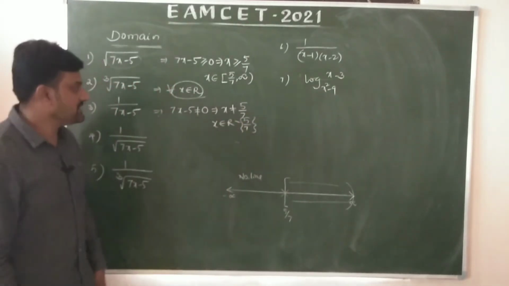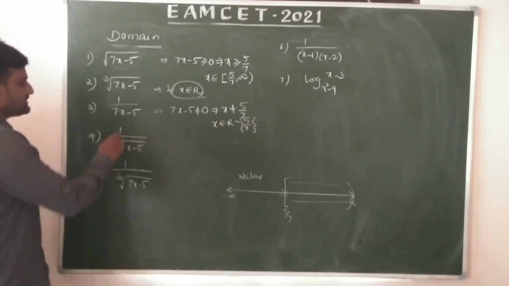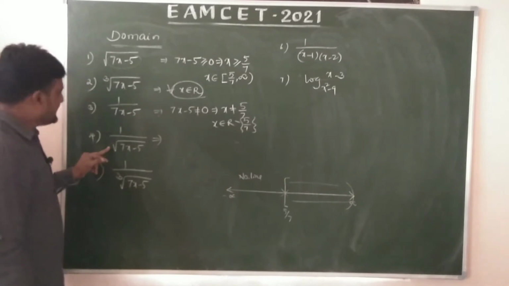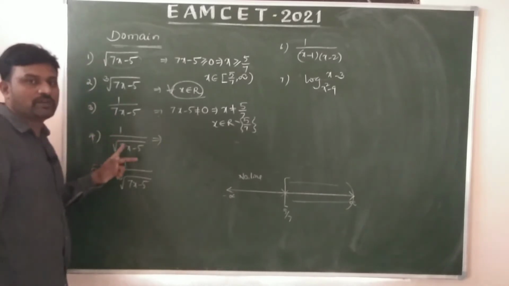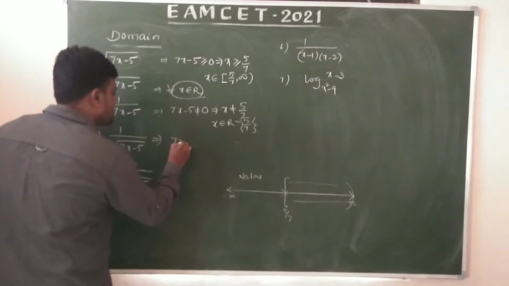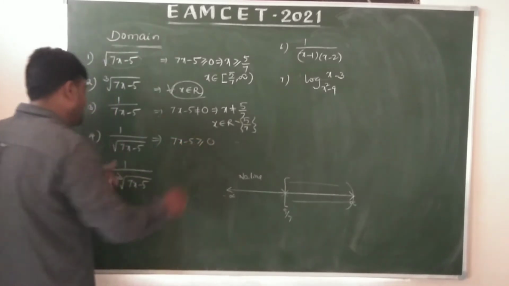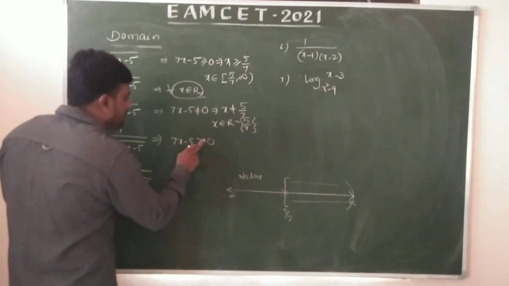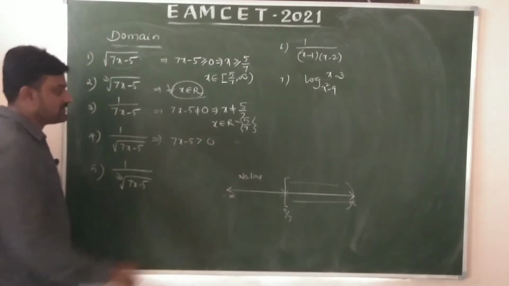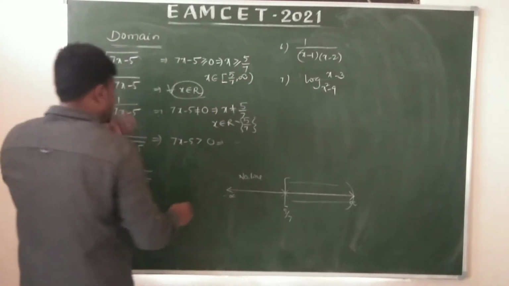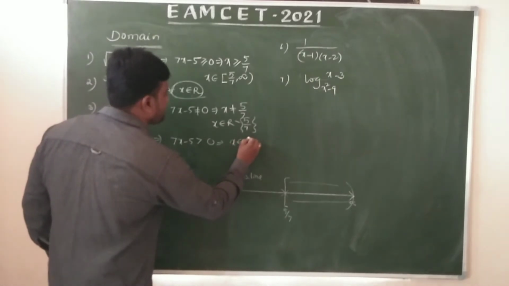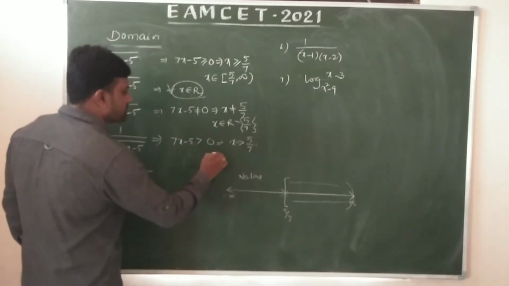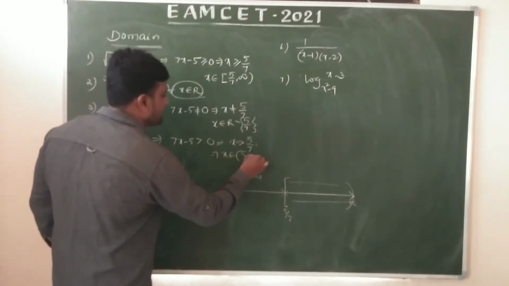Okay, x minus 5 by 7, R minus 5 by 7. Right. Now here, inside the even root and as the denominator, two cases are included. So, first of all, 7x minus 5 greater or equals 0 when it is an even root, but the denominator is not equal to 0. Simply, we can take only greater than 0, that is enough. Okay, now x belongs to 5 by 7 comma infinity.